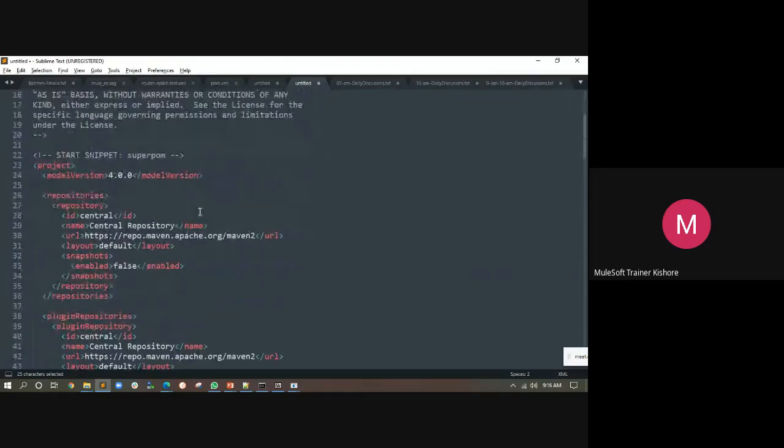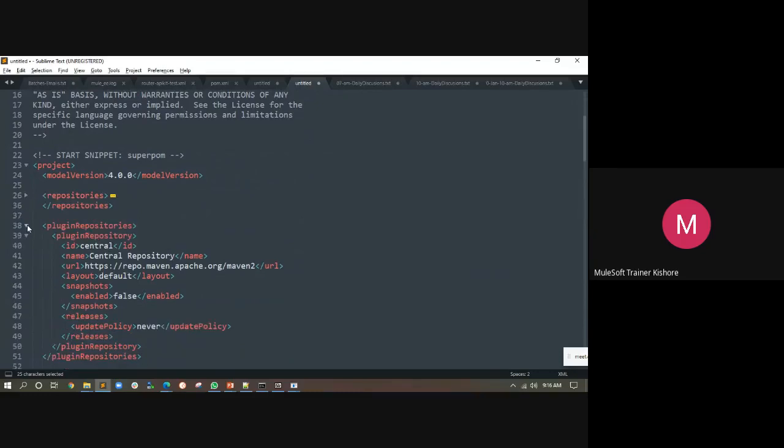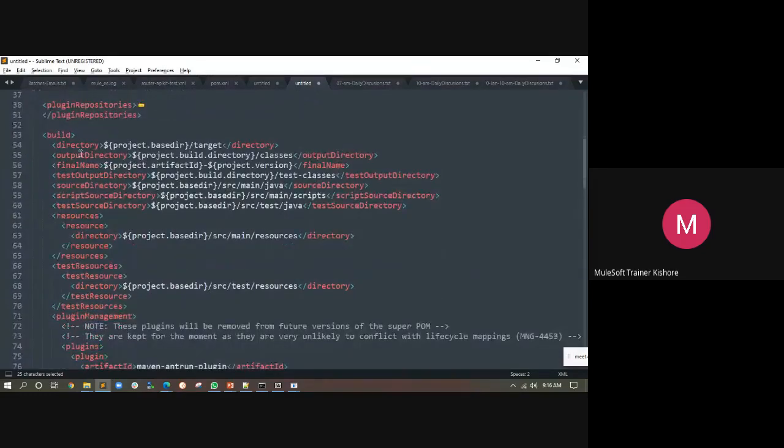So it talks about your POM, right? Repositories, close, plugin repositories, close. Now see this: output directory, your file name, your test output directory, your source directory, your test directory, your resources, your test resources, right?